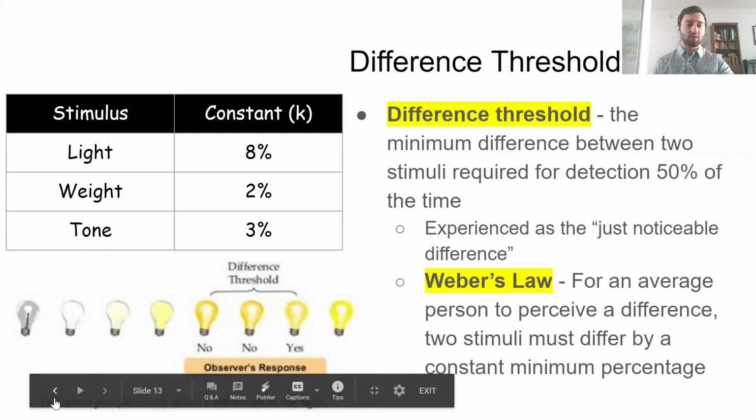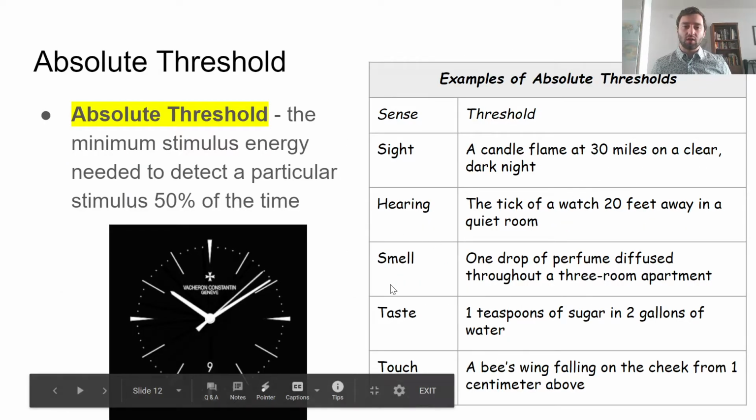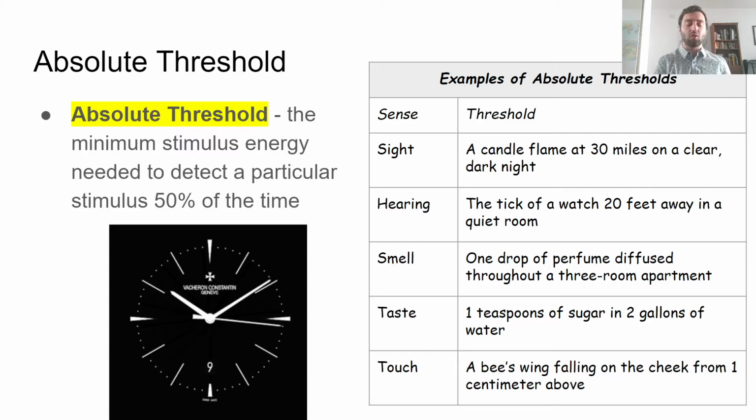Okay, here we are. So again, here's a little chart. Now, you may want to know these. Usually, it's a little tricky. Sometimes they'll want you to know the specific things. As long as you have a decent idea of it, or at least a pretty good guess, they're probably not going to ask you to know the exact amount, right? They're probably not going to ask, okay, how many miles away can we see a candle flame? But they'll want you to have a general idea of what these thresholds are.